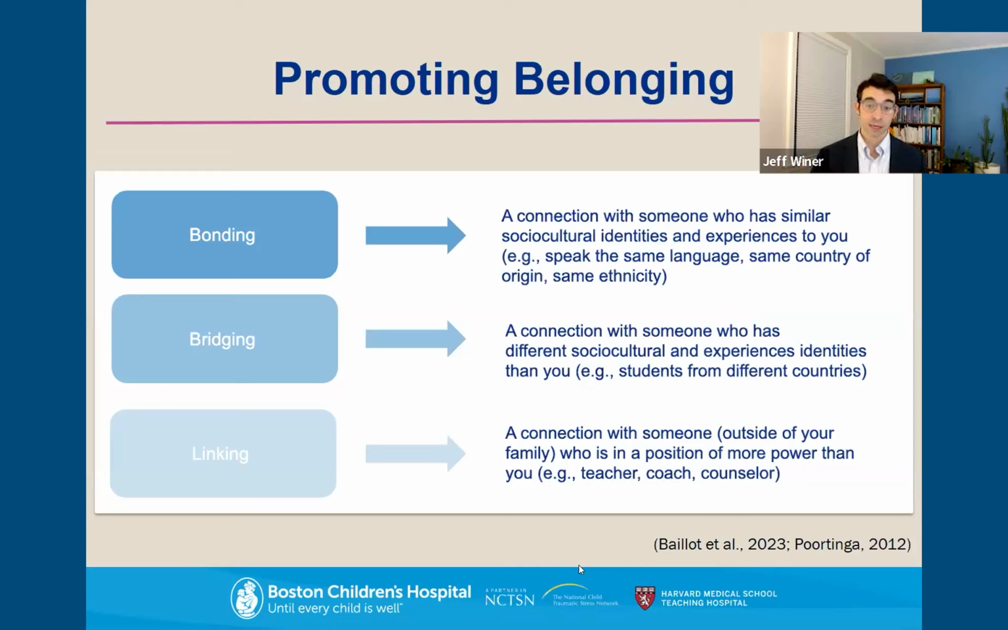And then third is linking, which is connecting someone, so imagine a kid connecting, to someone with more relative power than themselves. So like a teacher or a police officer or a principal or a person in a position of elected authority. And the more that we can foster these types of social connections, in particular bridging connections, for certain types of refugee and immigrant kids, can be really